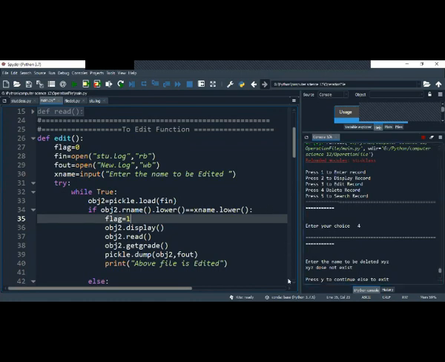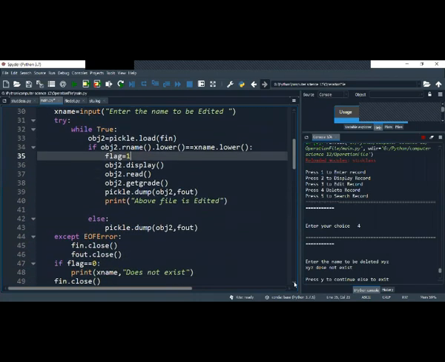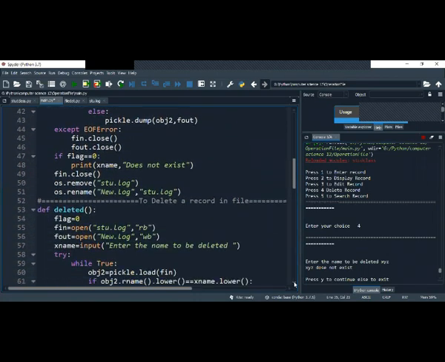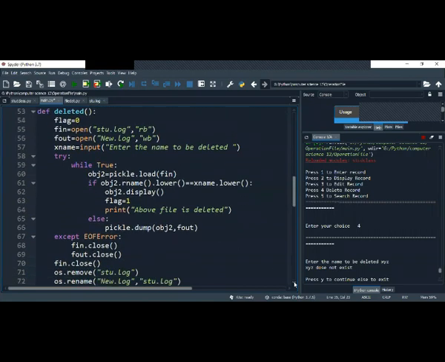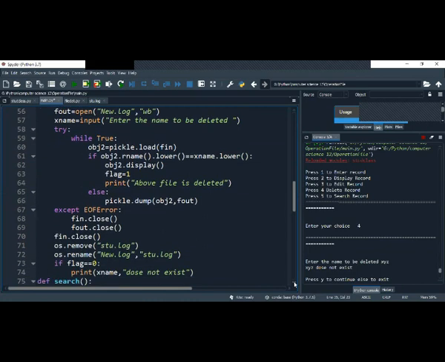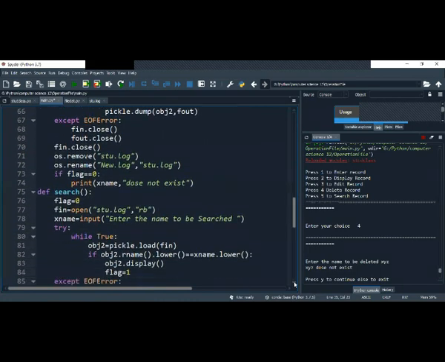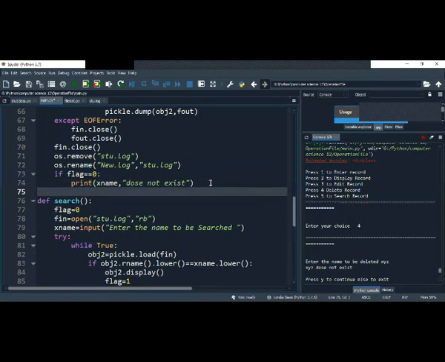Okay. And then I go below, and here is my search one. Here also I have done the same thing, but here only the read command. In search, I have just used a read command, same as edit.